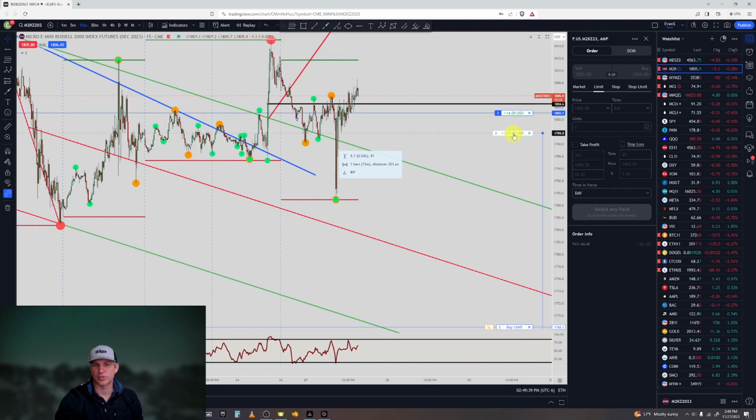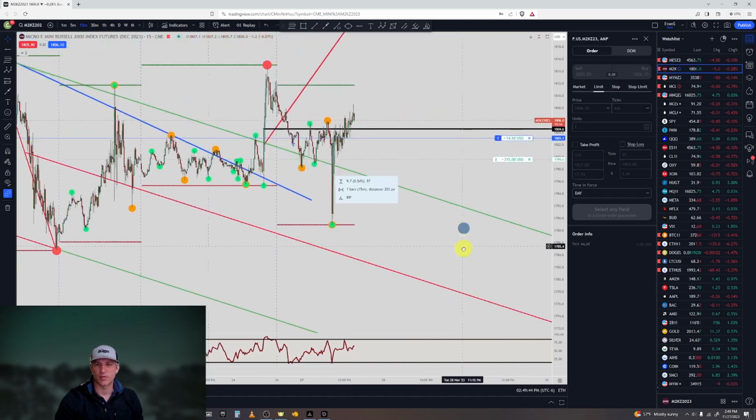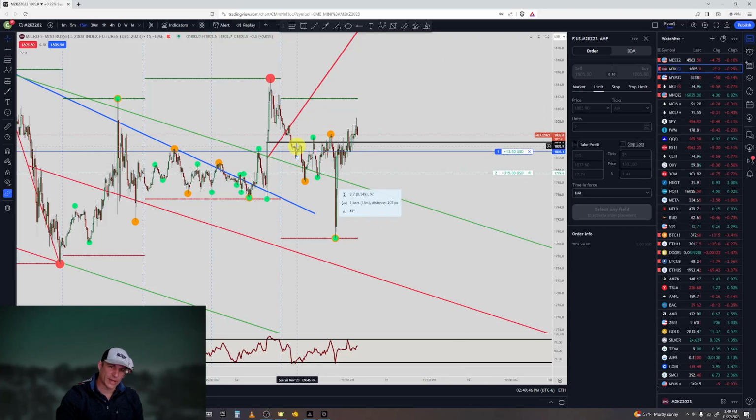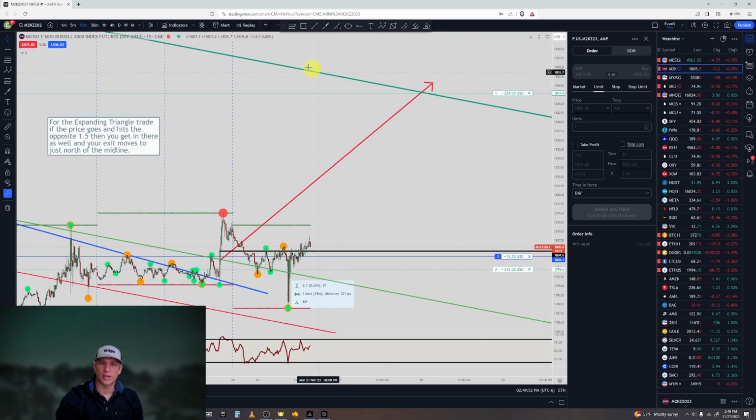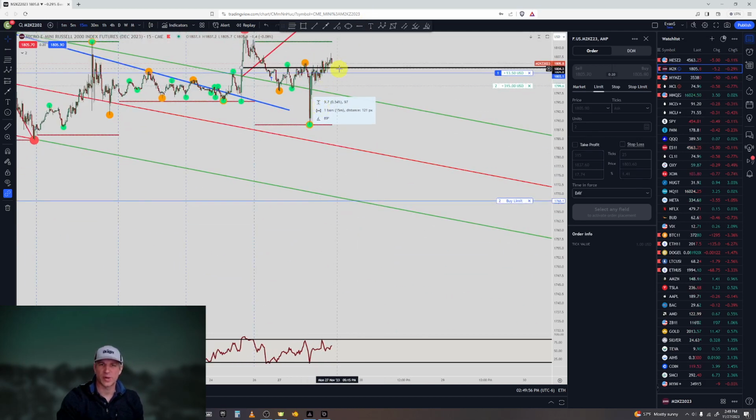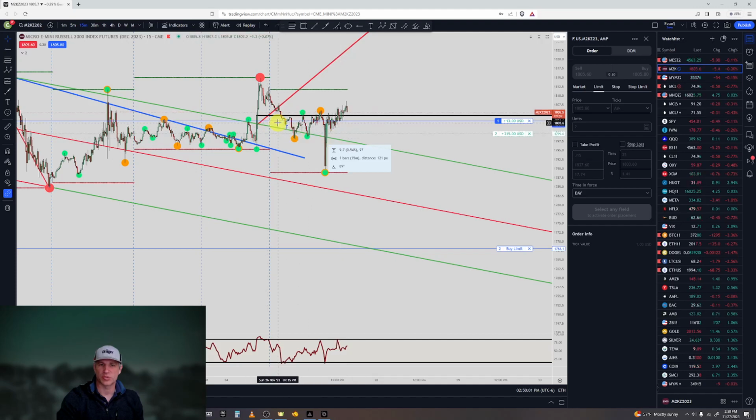Probably a little bit lower, just to ensure you get out. Take a little loss and have a big gain on that one. But what we're looking for right now is for the price to really rock it up, all the way up here at this green line right here. So that's the target we're looking for currently. But if price breaks down, hits this lower line, we'll get in right here, and then we'll get in closer to where